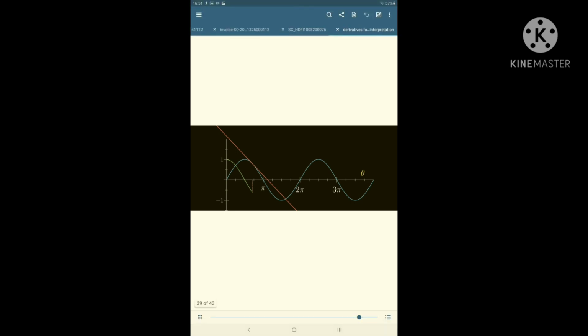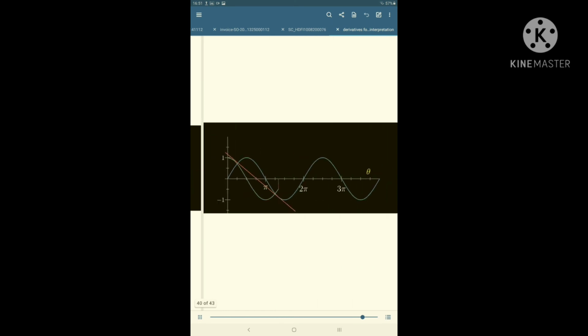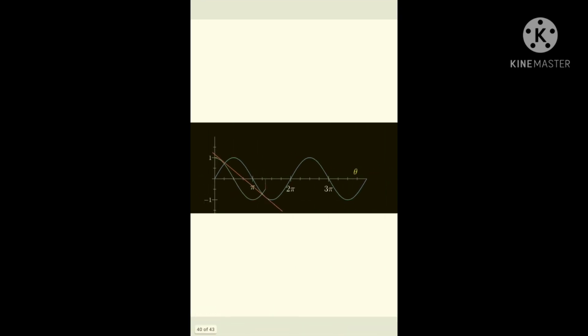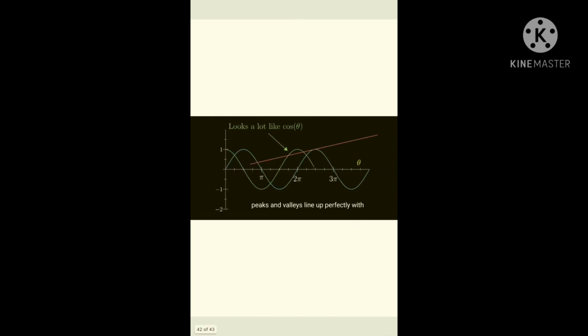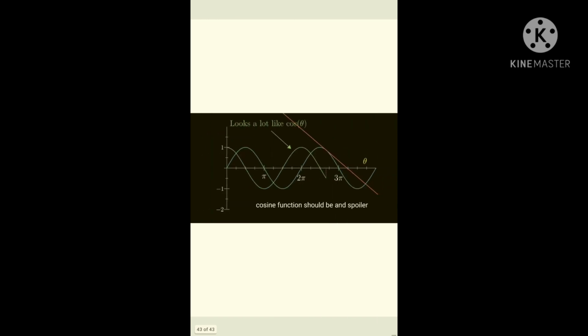So this green graph is known as the function of cos. That's why the derivative of sine is cos. It is quite related to each other. See, at that point you can see the structure of the graph of the cos function and the sine function. So the derivative of the sine function is the cos function, we can say generally. You can see the structure of the graph here.